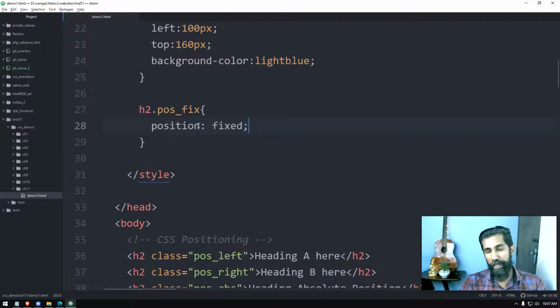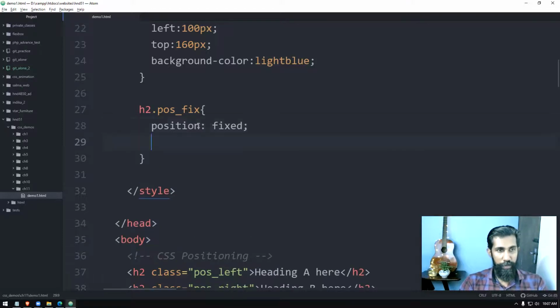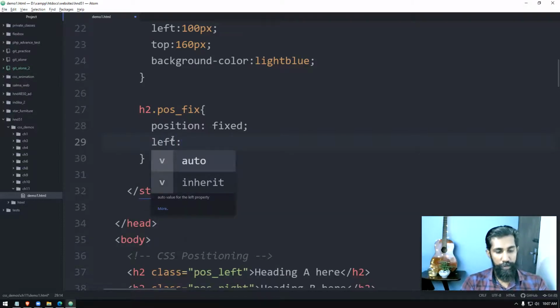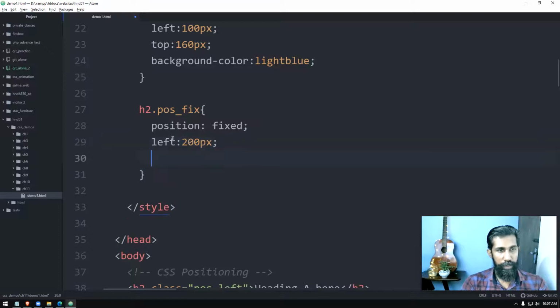Other properties are there, you just search them, okay? What those properties are doing, okay, right? Position fixed, then left we will give 200, top we will give 100.